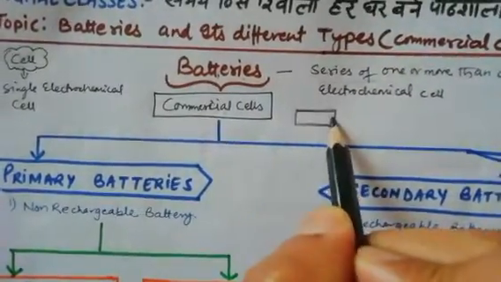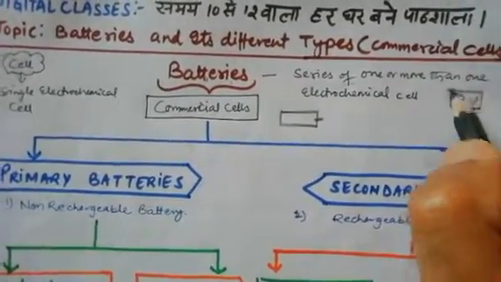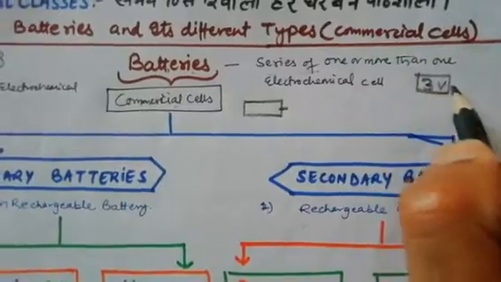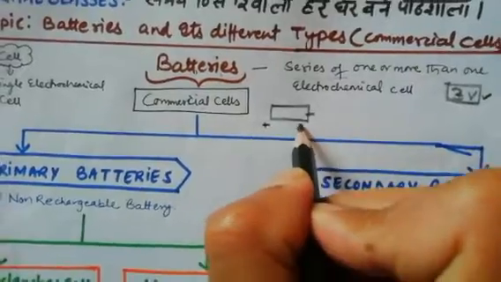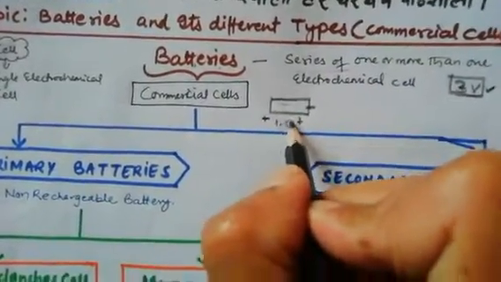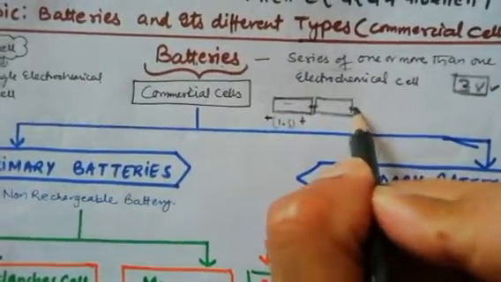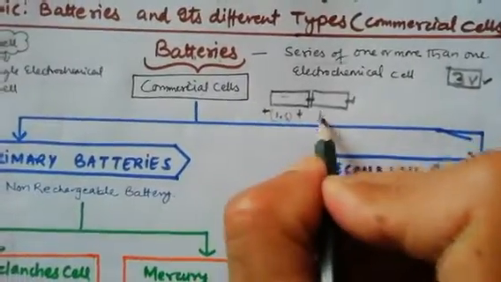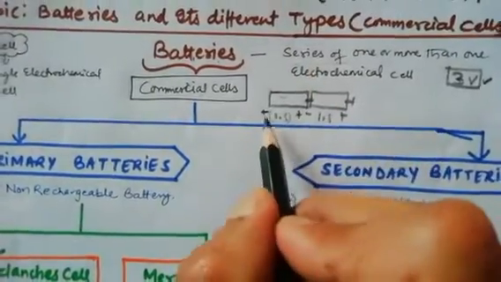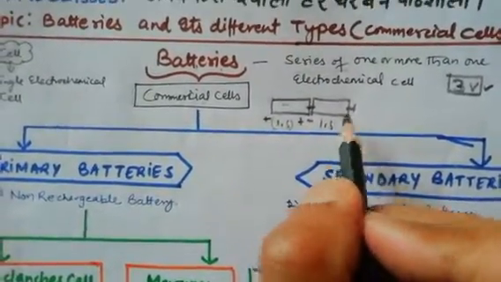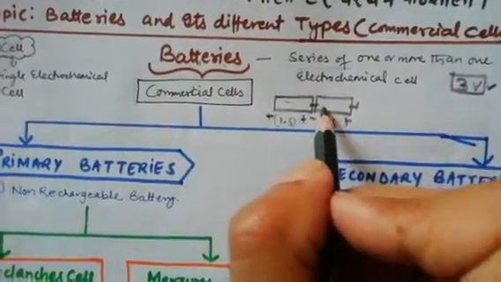I'm taking one example. Suppose the light in a torch lamp glows with 3 volts. By using one cell of 1.5 volts, we cannot glow that light. We need two such cells, or we need one cell of 3 volts. We connect these cells in series, in which negative and positive should be correctly aligned. If by mistake you turn a cell around, then the bulb will not glow.